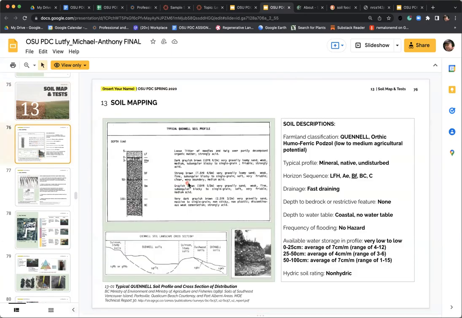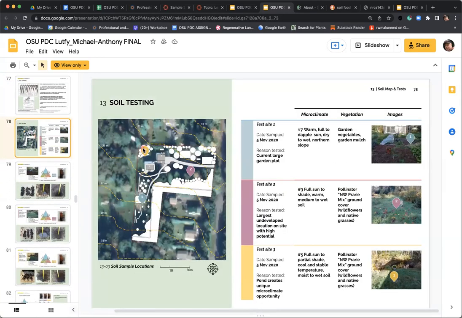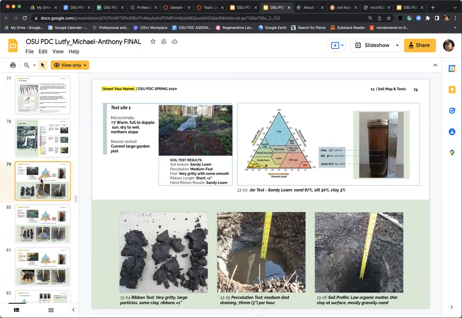So this is the same idea. This is the data you get out of British Columbia, Canada, but very, very similar. And here there's the base plan showing the 3 test sites. And again, the reason, but this is the sort of page we want to see where we get a nice little snapshot of each test site. So here, test number 1, the microclimate and the reason, even an image of that, and then some of these initial results, the soil texture triangle and where your soil comes in,